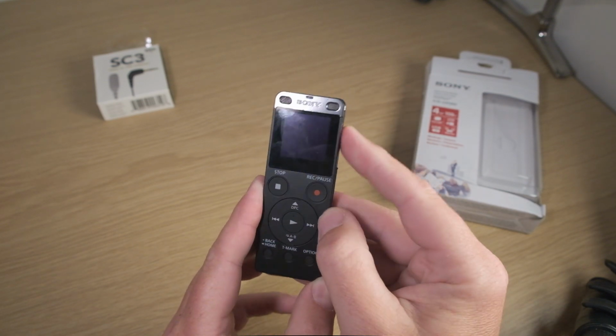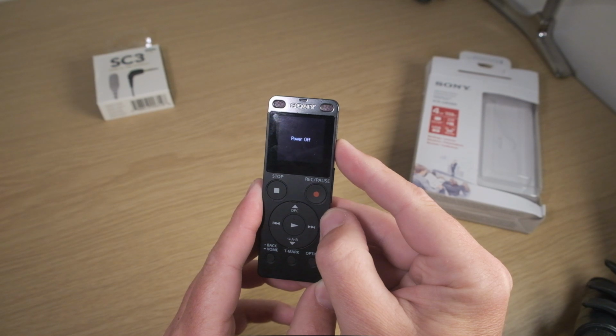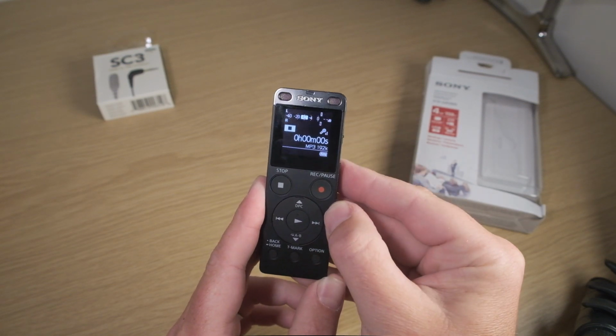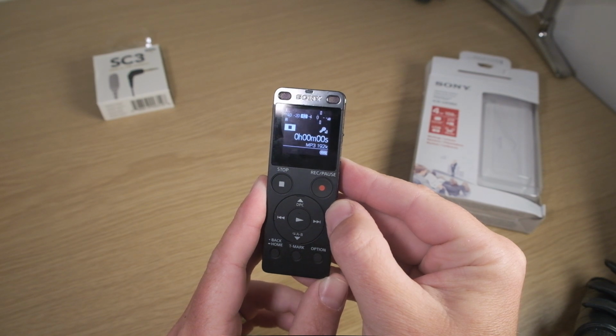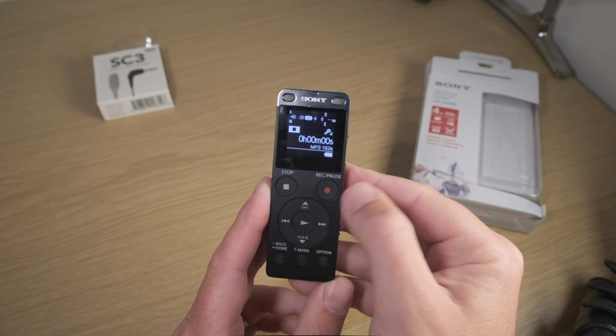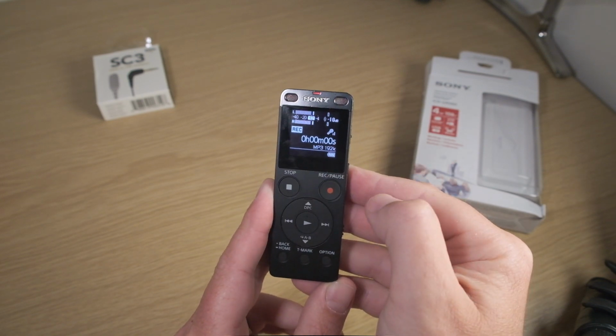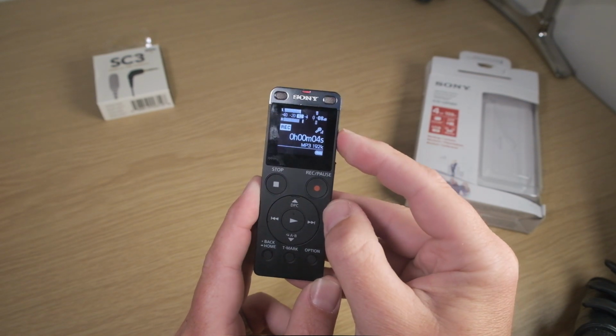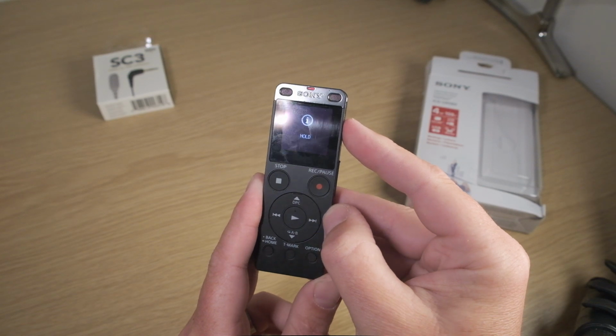If we power down, I'll pull down the power off just to show you the boot up time on it. So that's how quick it's on. And then if you just want to go straight into recording, hit the record button, and then off you go, you're away. As I say, it's always probably worth just putting it into the hold mode or the lock mode